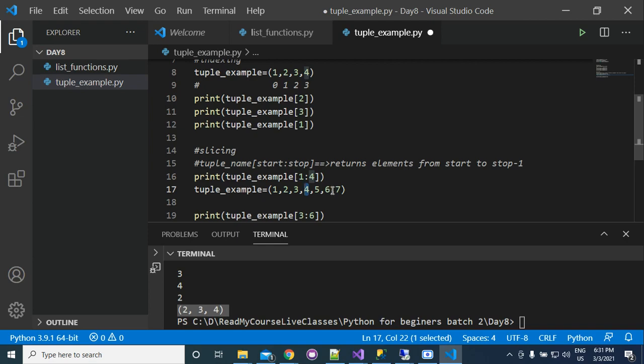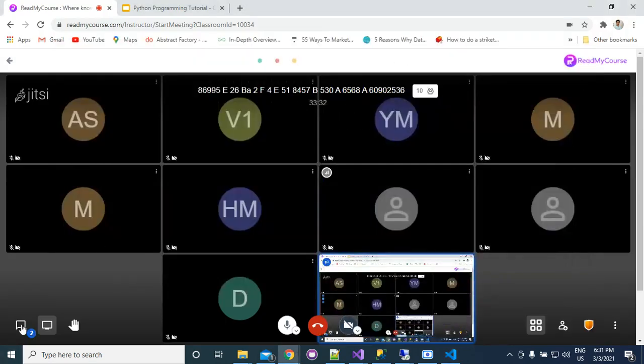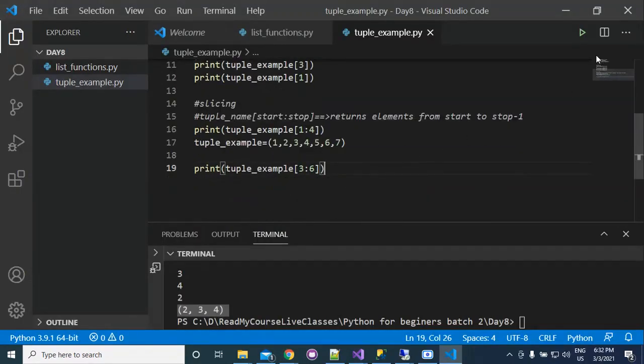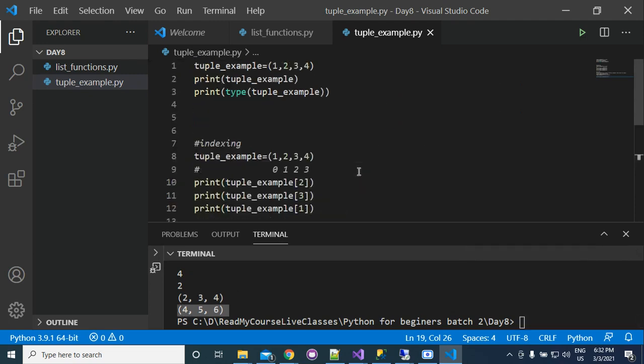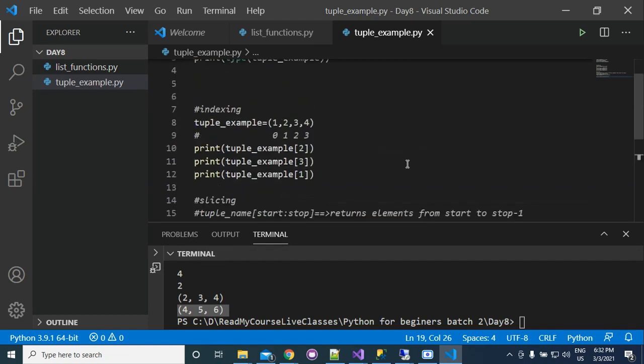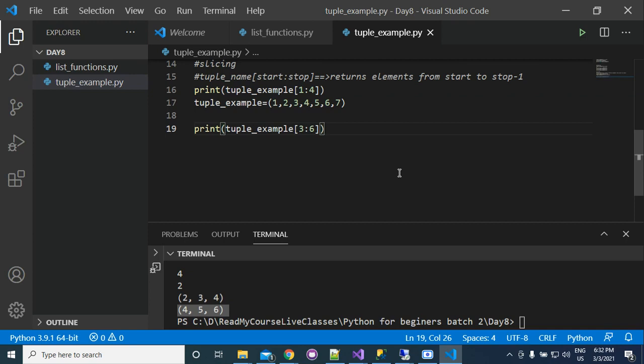So 3 to 5 will be what? 4, 5, 6. So we will get here 4, 5, 6. So this is slicing. Again, slicing is similar to what we have discussed in case of string and list. Now this is all about tuple.